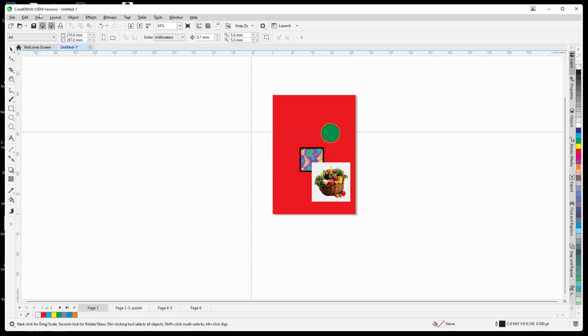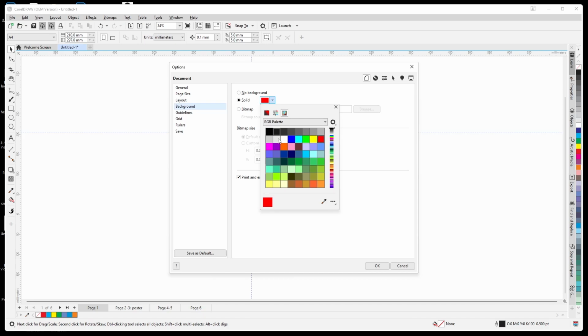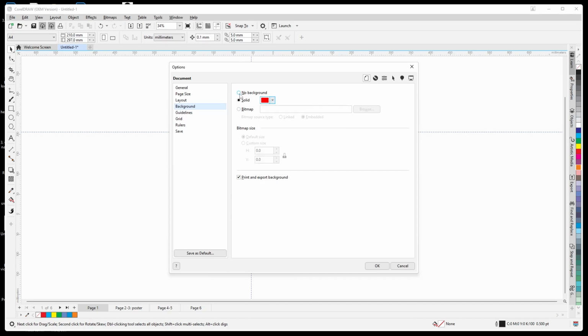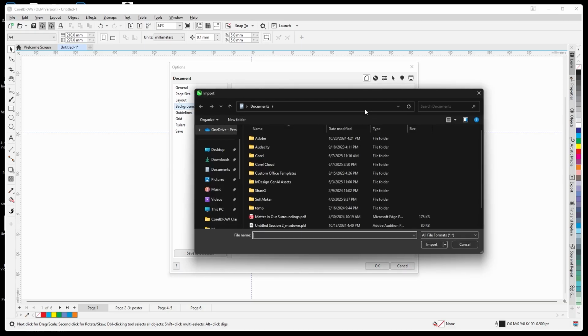Okay, and again come back to layout, document options. Instead of red, you can choose any color, and right now I'm not choosing any color. If you want, you can add the bitmap as a background. So browse, there is any